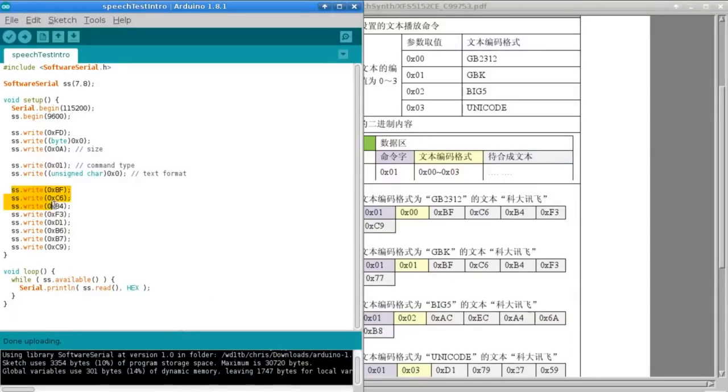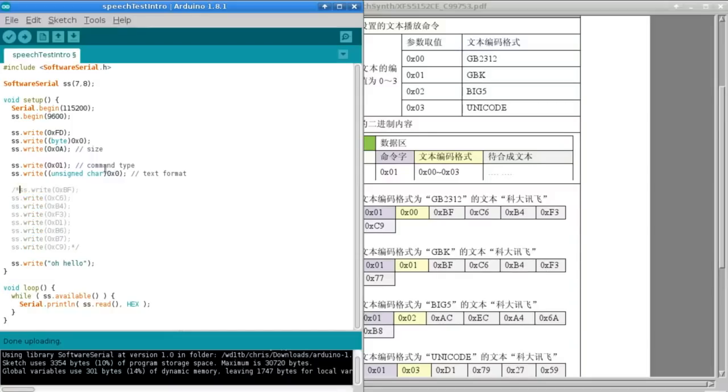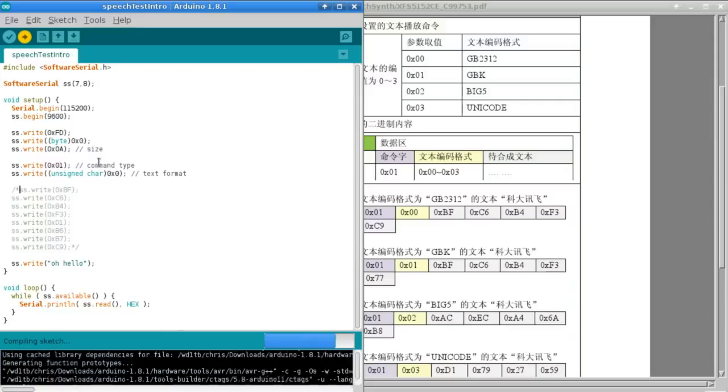Now, of course, you want this to be in English, right? Well, I'm assuming most people watching this video do at least. So what we can do, now, provided you're using this GB2312 encoding, so that's 0 in that byte, you can put in some text here that's the same. I'm just going to put in something that's 8 bytes long, and I'll just comment out that Chinese one and run that, and with a bit of luck,